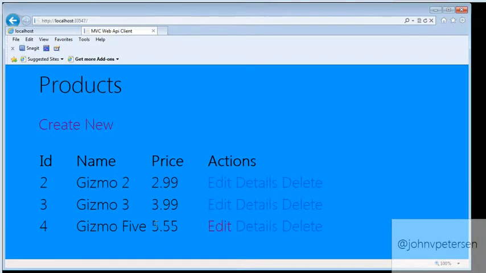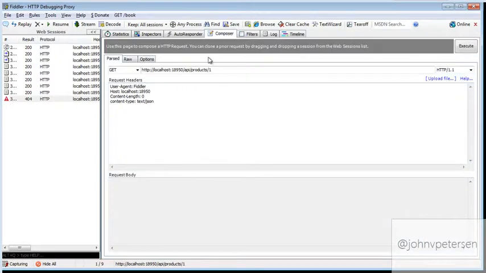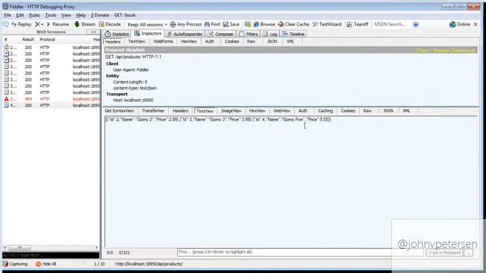And there it is. Now, if I go back, let's just say I go to Fiddler. Say, well, let me go to Fiddler and let me just grab all my products over here. Double click that, and there it is. Gizmo 5. It's right there. So we're all talking to the same data. A variety of clients hitting this. What other kinds of clients can we hit with?